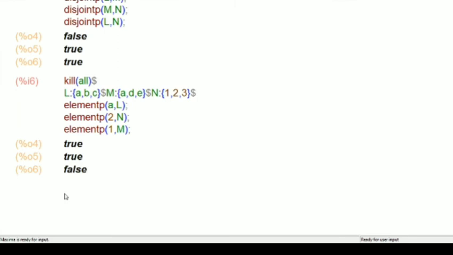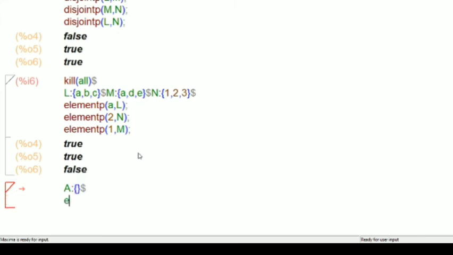Then the next one is to verify whether the sets L, M, N, A are disjoint or not, empty or not. We have already used L, M, N with the same sets, so I don't want to write them again. I'll just write A. Your A is the empty set, right?